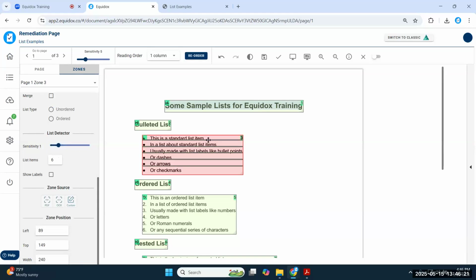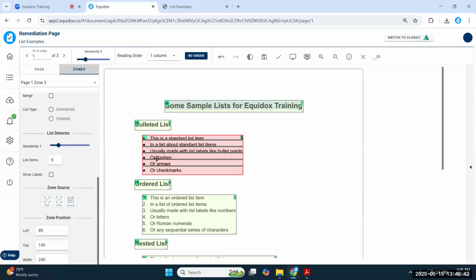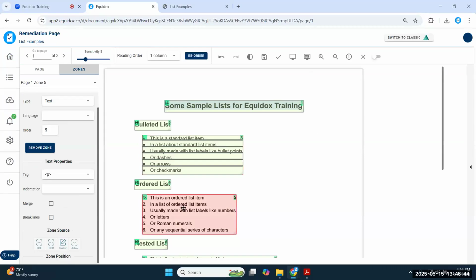And you'll notice that as soon as I move that slider over, it creates all 6 of those list items for me. And if I go back to my HTML preview, suddenly I see my 6 list items, and they are delineated by these bullet points. That's really the structure that I'm looking for. So now it matches what I see in the PDF. I'm not seeing a strange looking sentence for this element, which is clearly a list.